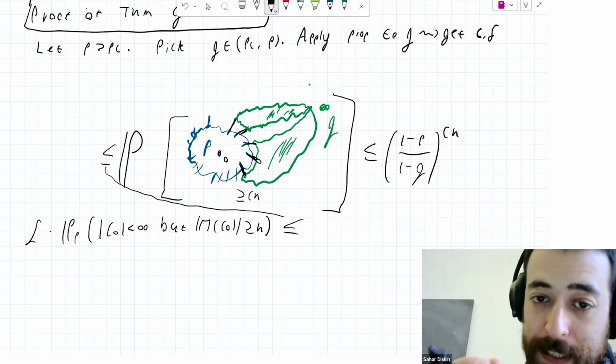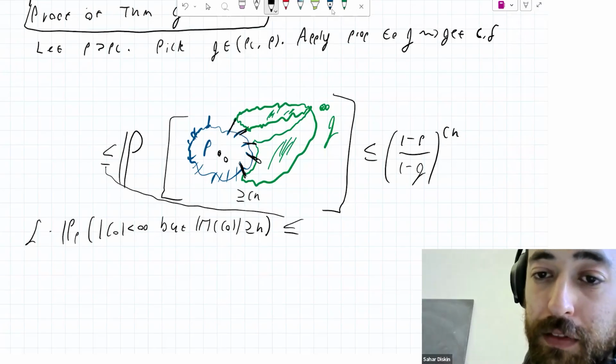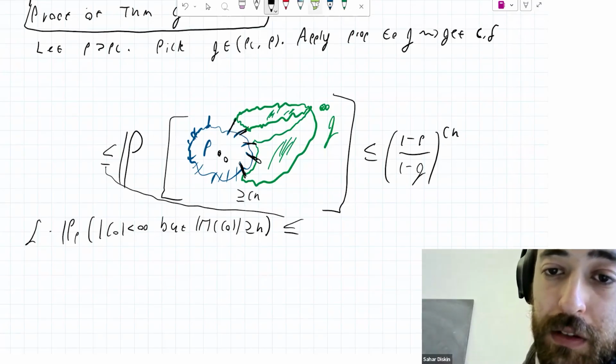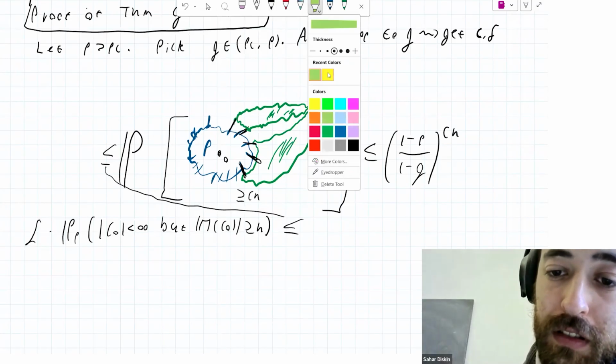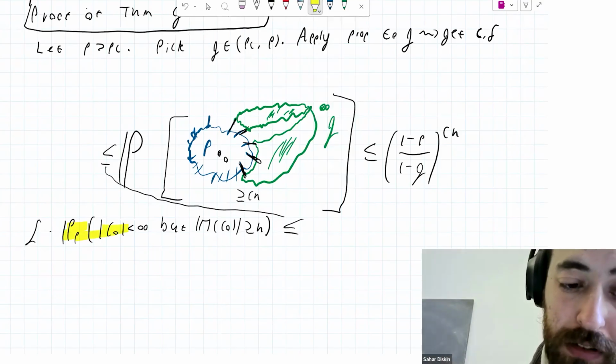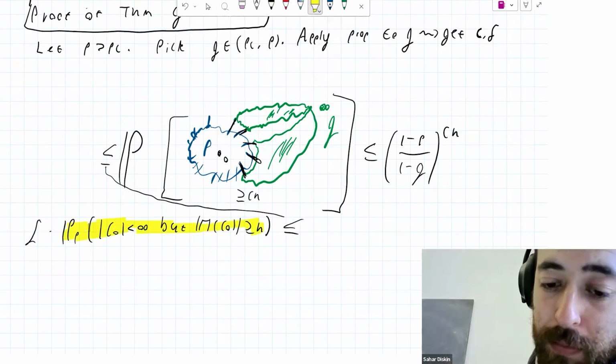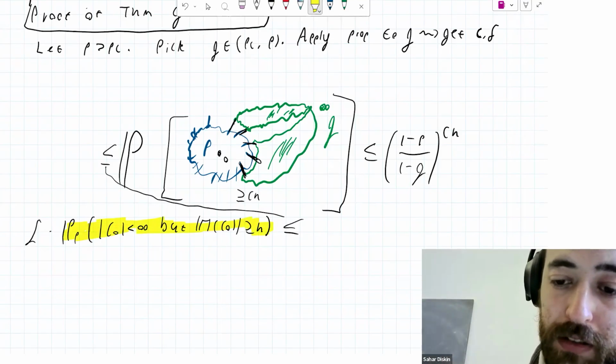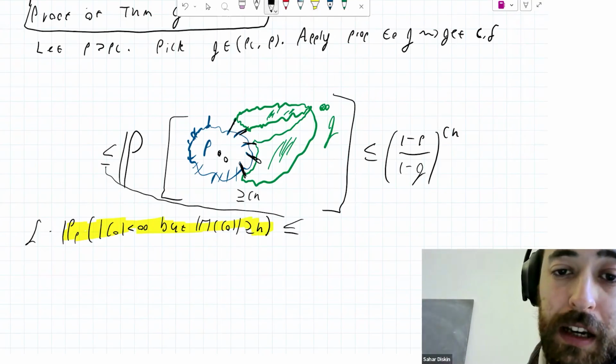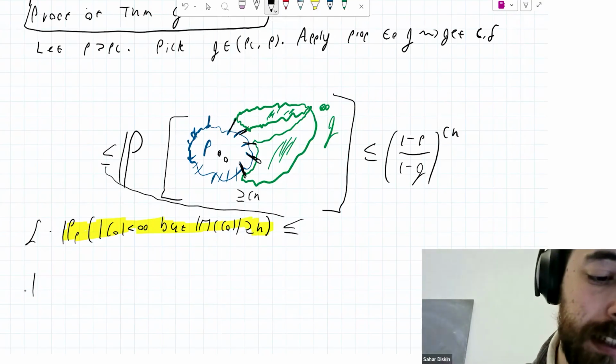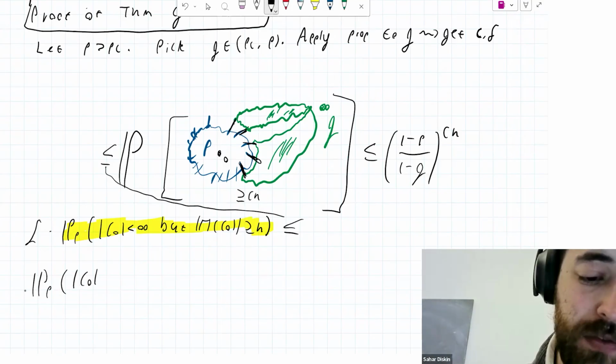But observe that this is exactly the event that we care about. This is the event that we are interested in, the event that we want to bound the probability of in the theorem. But we're in business because now we can rearrange and we get that the probability of the event that we actually care about,